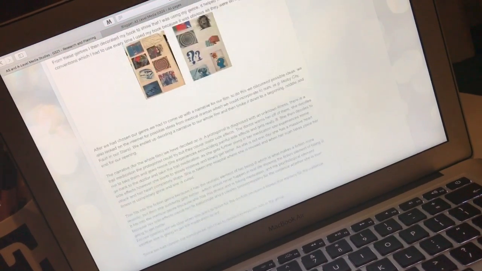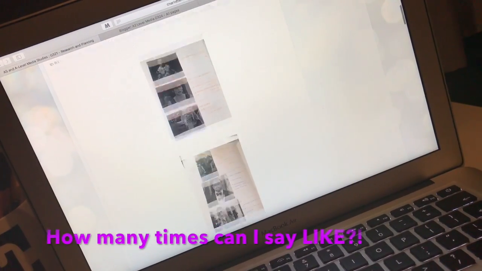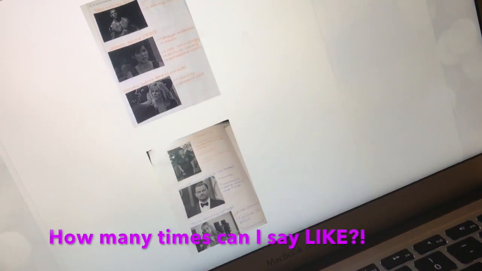Okay, so let's start with Charlotte's blog, who I know got really, really high marks for her blog. She has set out her blog really, really clearly. Everything, all the pictures and the words, are really organised, and she's annotated a lot of pictures. Like here, she's annotated scenes from 90210, Leonardo DiCaprio. She's looked at actors in different scenes, which I think is really, really good, and I'll definitely be doing that